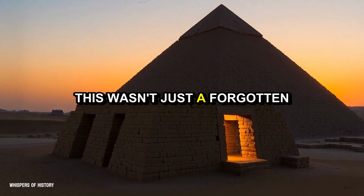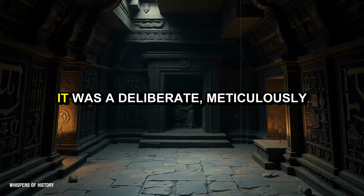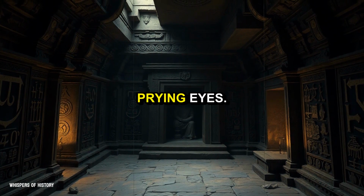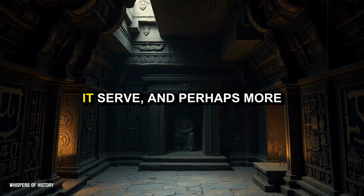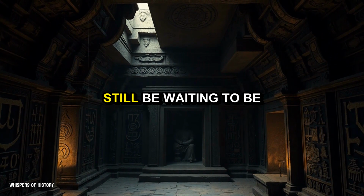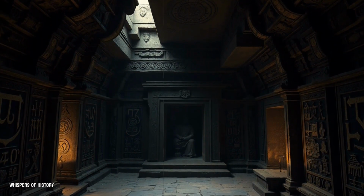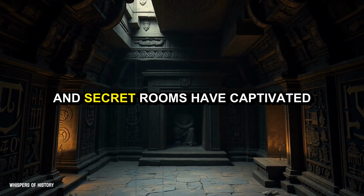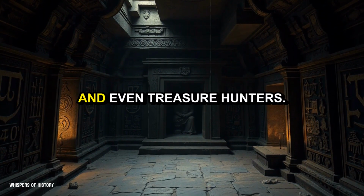This wasn't just a forgotten storage room or a simple architectural quirk. It was a deliberate, meticulously crafted space, hidden away from prying eyes. But why? What purpose did it serve? And perhaps more intriguing, what other secrets might still be waiting to be uncovered in the ancient monuments that dot our world? For centuries, these hidden passageways and secret rooms have captivated the imaginations of explorers, historians, and even treasure